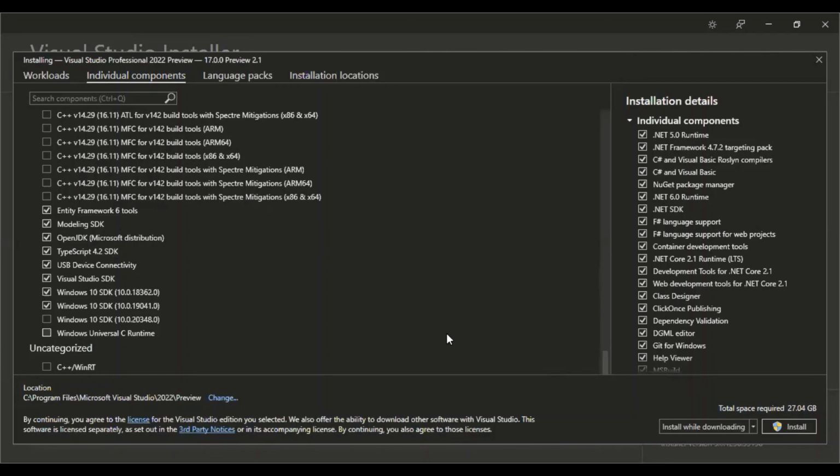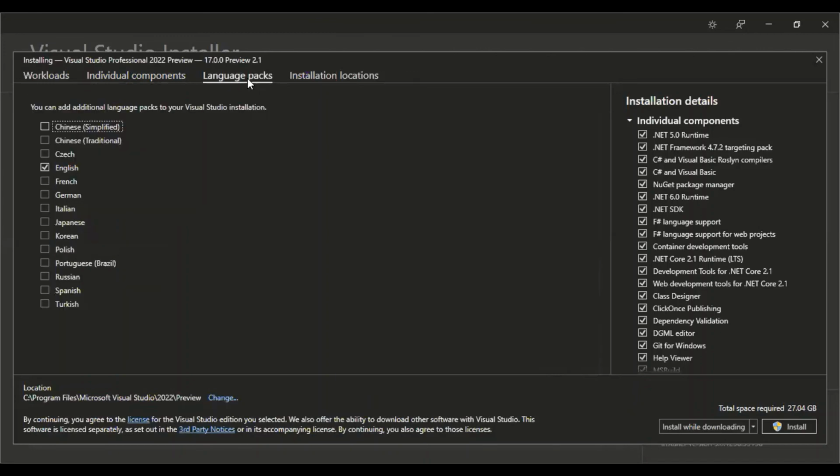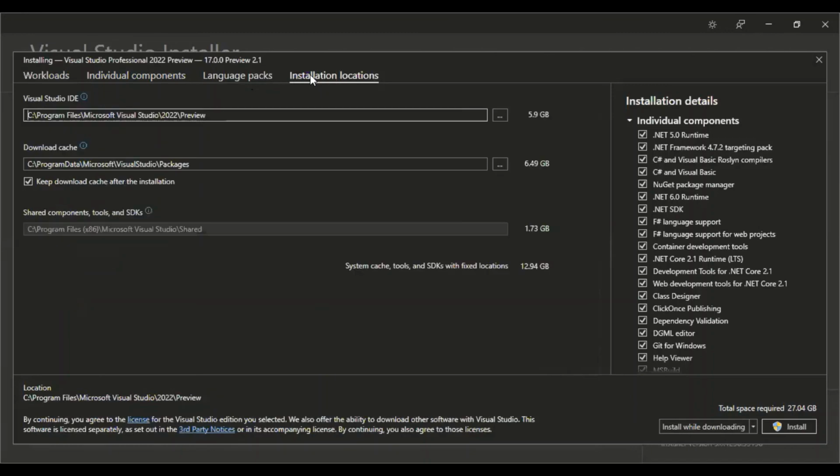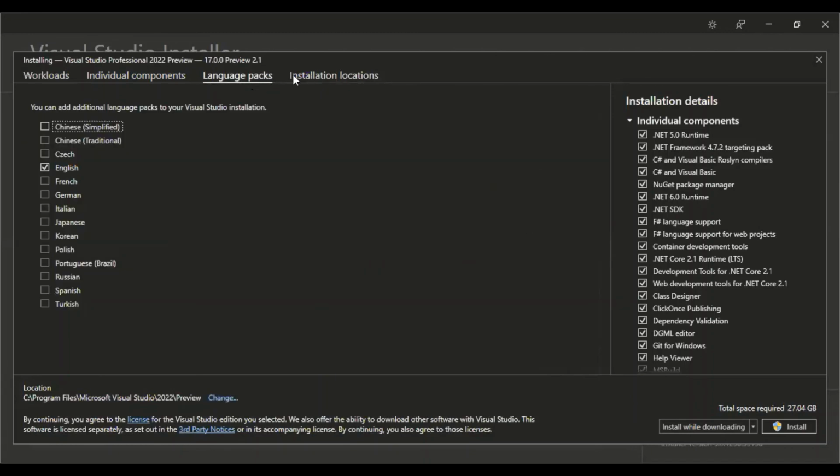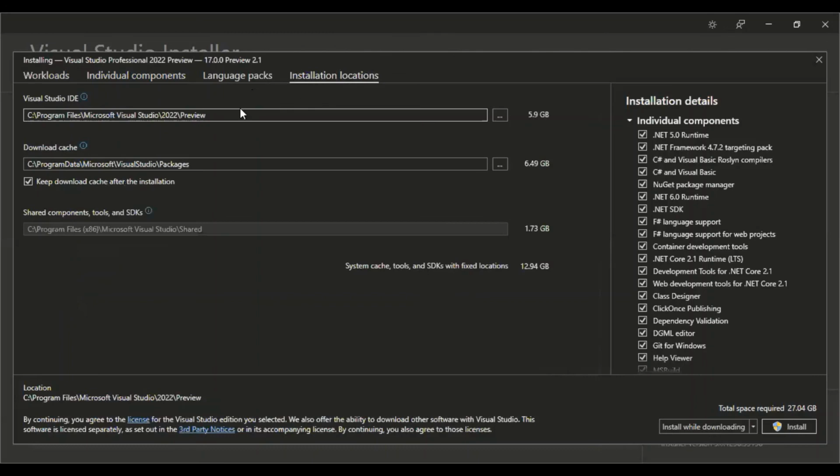Now we can start the installation. You can select the language, which is English by default, and you can install in a different language also, but we will continue in English. The default location is C Program Files, Microsoft Visual Studio 2022, and Preview inside it. The total space required will be